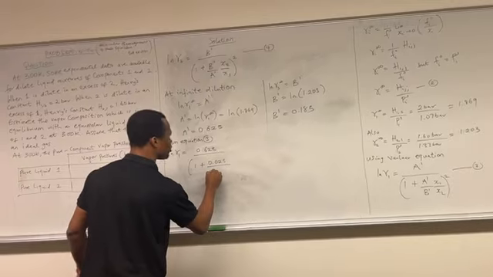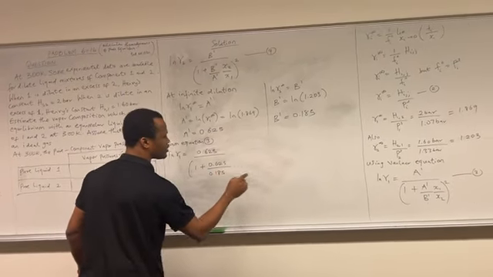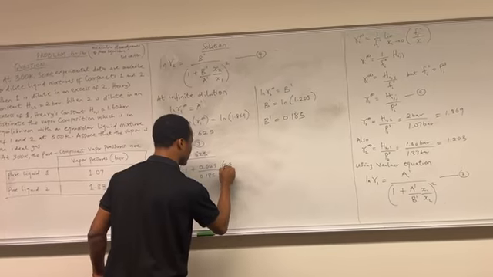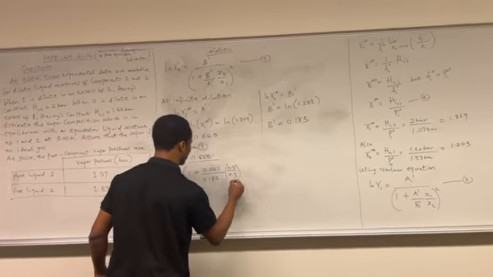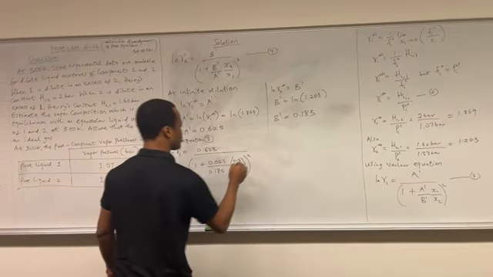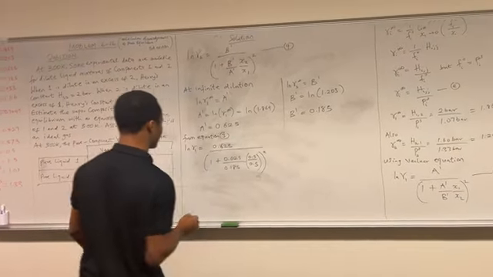B prime is 0.185 multiplied by s1 over s2, which is 0.5 over 0.5, which is 1. So all into all squared. So when you do this,